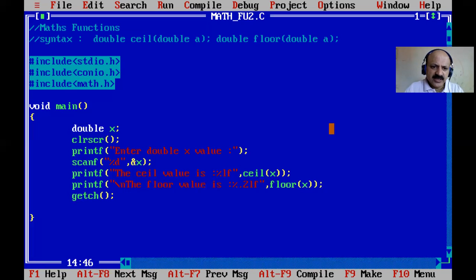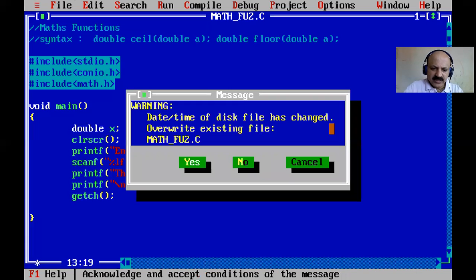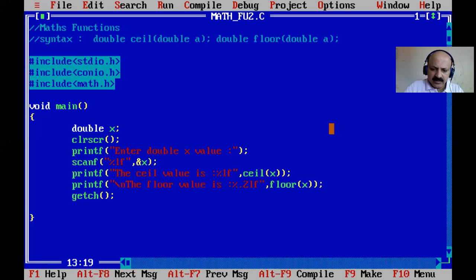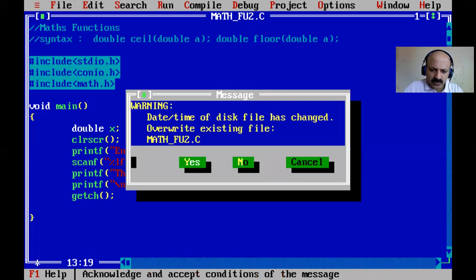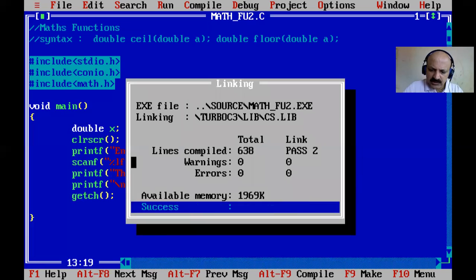Okay, so there is no error, but we can change the formatting symbol here, because that x is now a double, so lf we have to take. Otherwise it will give some error at runtime, a logical error. But now it is okay. We have 2, yes. So what happened here is typing 9. So I F2, and compile, yes, there is no error.